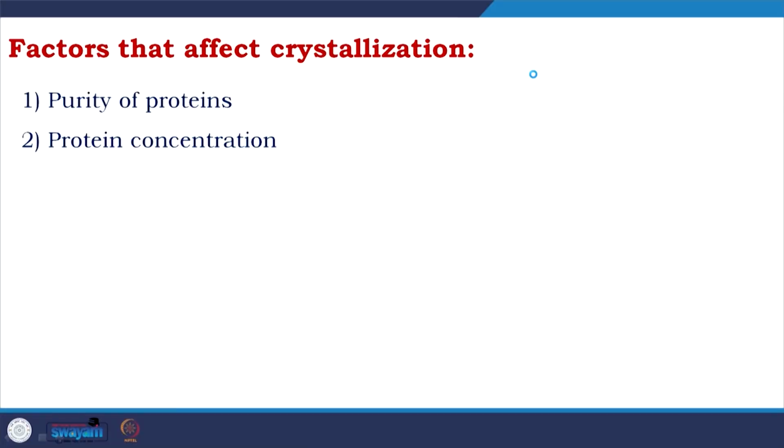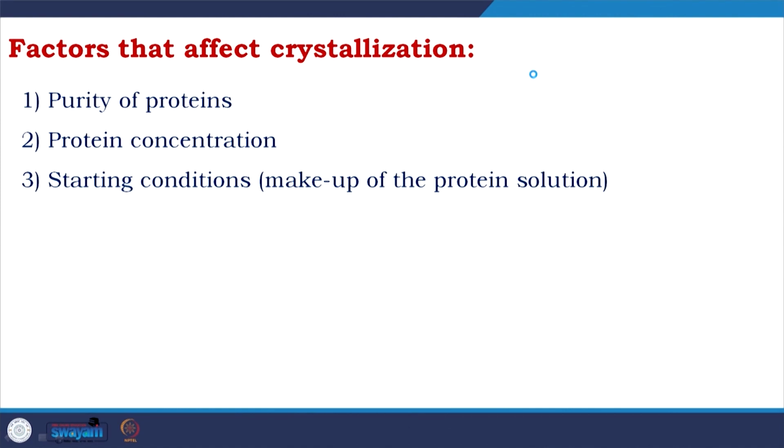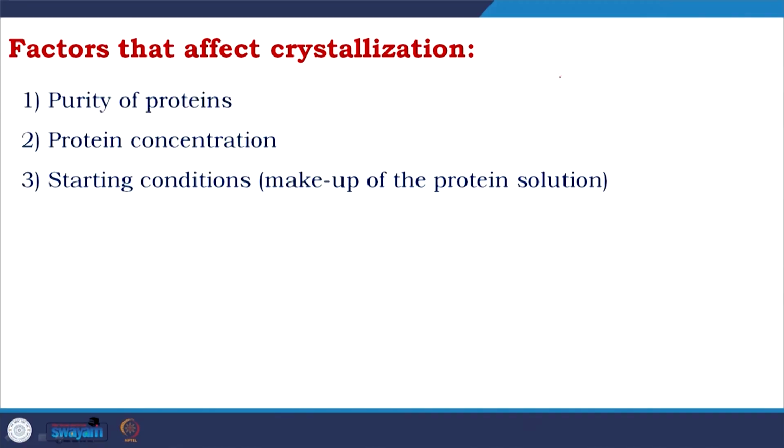Protein concentration, you have to optimize, and there is no set parameter. So, you have to do trial and error, but if you keep a high concentration, there is a good chance you understand it quickly. Starting condition, makeup of the protein solution, how you make the complex: when you are setting up an enzyme, suppose the enzyme is taking care of A plus B to C plus D, you will always pick up